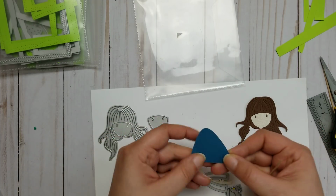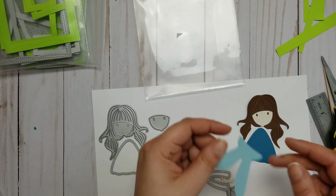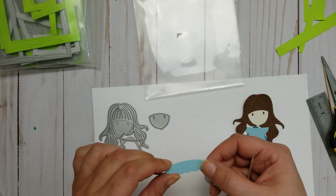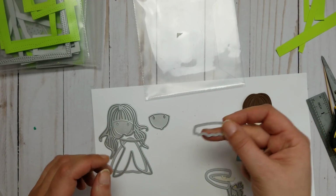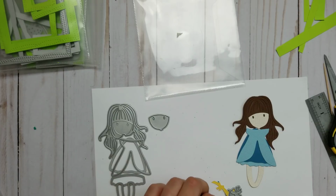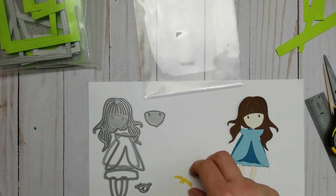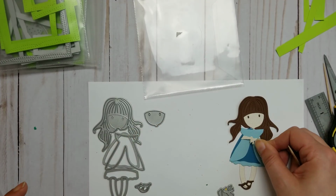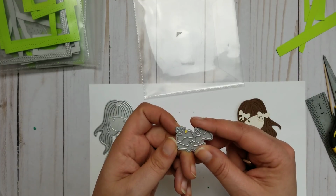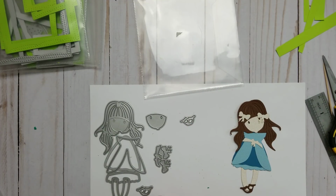Now, she does have, of course, her dress. This is her dress. And she has something on top of her dress, so it's a part of her dress, actually, and this is this one. Then she has ruffles for underneath her dress, which is this one. She has feet, of course, which is this one. And she has shoes, which would be this one. And she has a belt for her dress, and she has little, what you call them, forgot, bows, and it's all right here. Mine came with a second pair of shoes, which is funny,